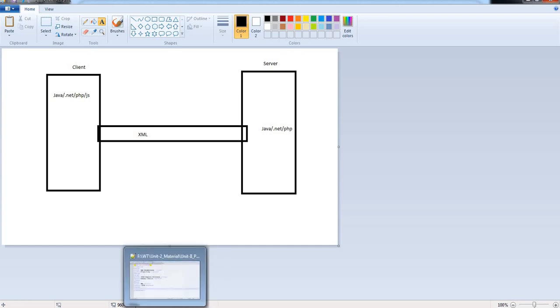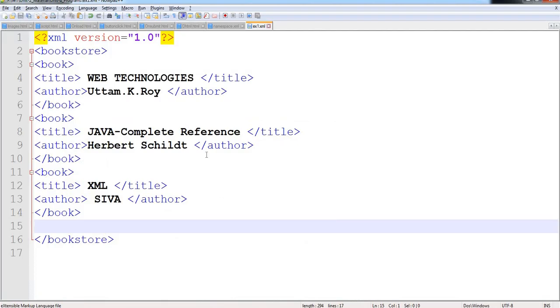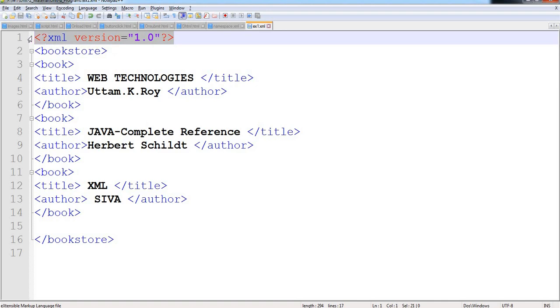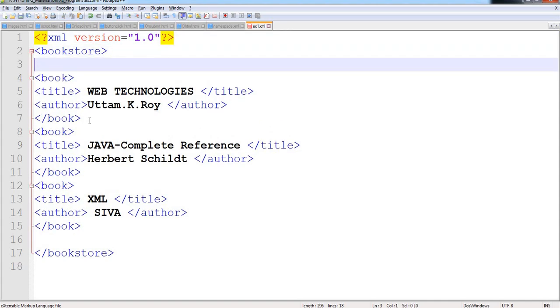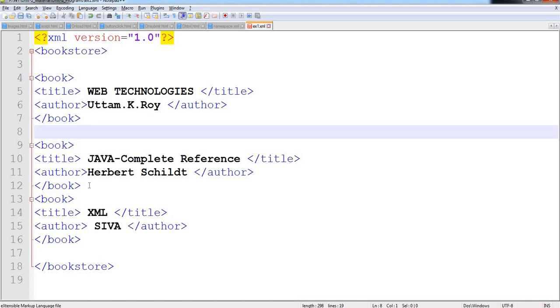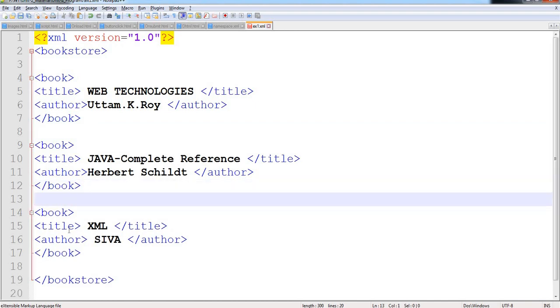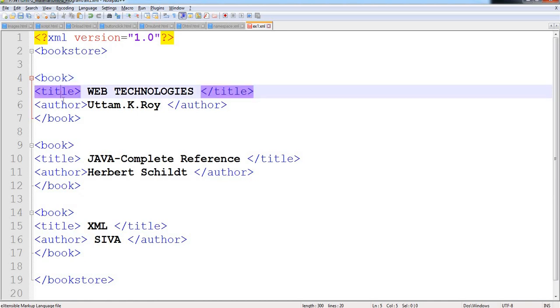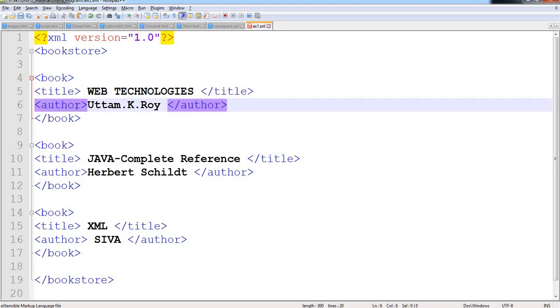Now we will see one example. I have taken an example here. This is a tag, the starting tag that defines the version, and then the root node. In the root node I created child nodes. Here is one child. In that I mention one attribute, and then I take another tag, author.